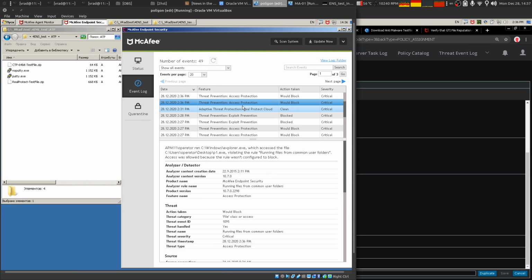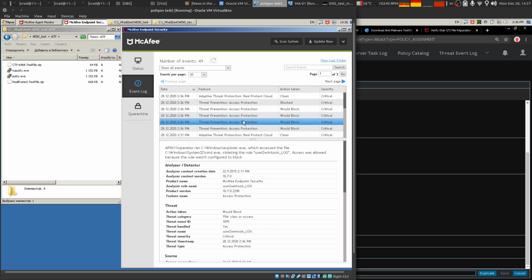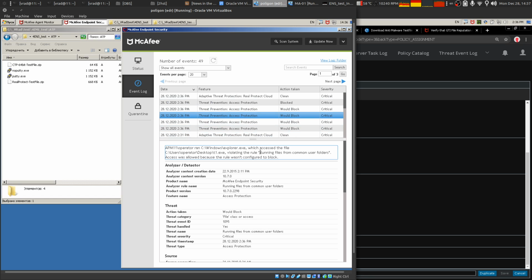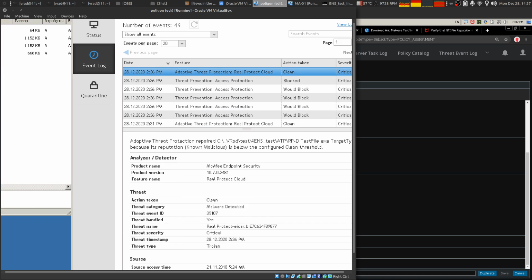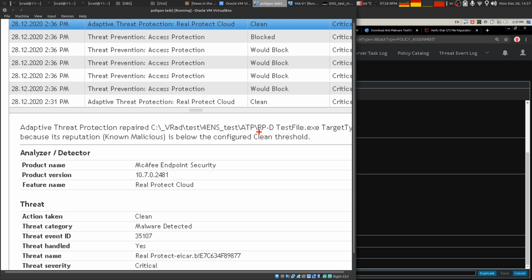Before it was deleted and reverted. We have some additional access protection rules which I enabled. We didn't pay attention to them because I show you how to test Real Protect now. Altering any registration, this was Google install, this is not the same. Real Protect Cloud, okay, so here's this file, RDP test file target, Real Protect Cloud, it was malware, and